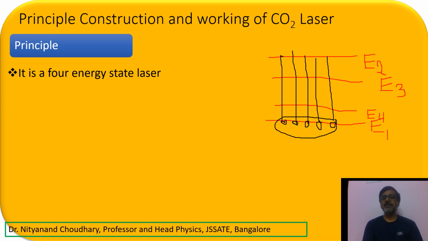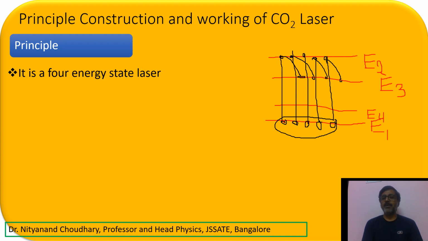Then here the atoms are not stable. Within 10 to the minus 8 to 10 to the minus 10 second they would come back to your ground energy state. But what we have done is one energy state E3 has been inserted, which is very close to your E2. So the atoms from the excited state will come to E3 with non-radiative transitions. It is so close that almost no energy is radiated, right? So with the non-radiative transitions, the atoms come to your E3. So you have hardly any atoms left in your E2.